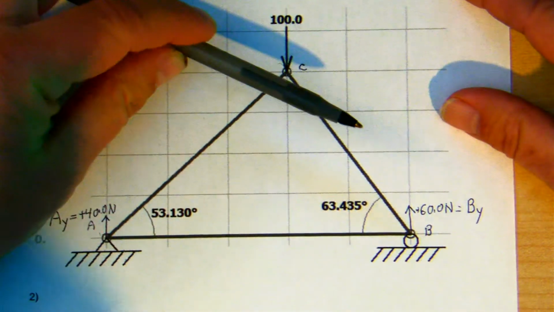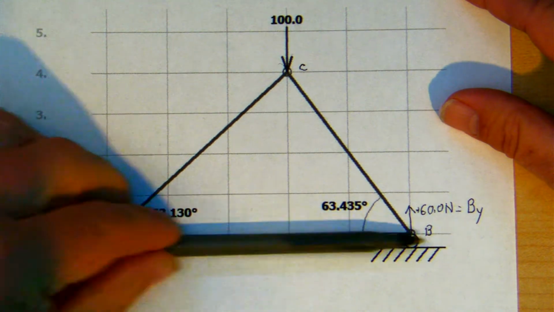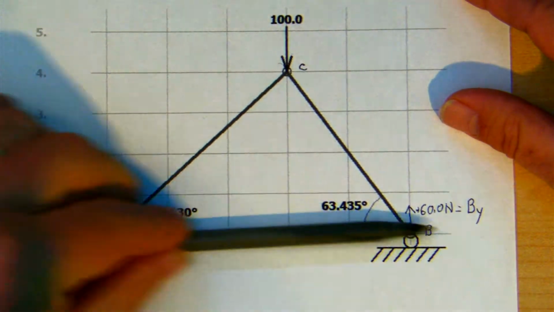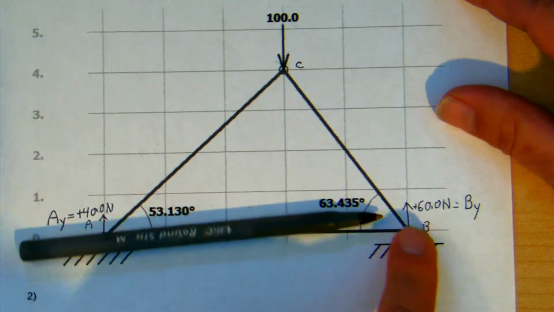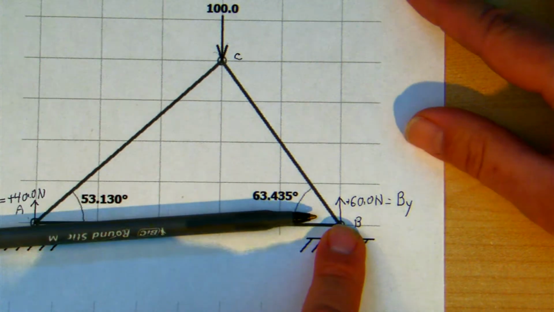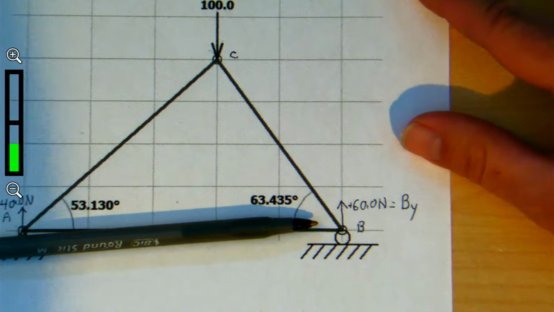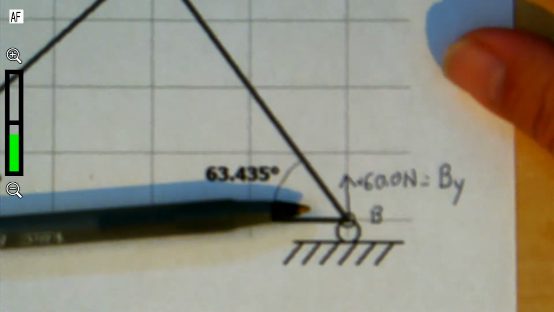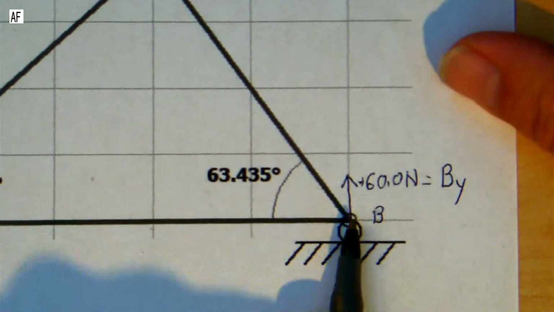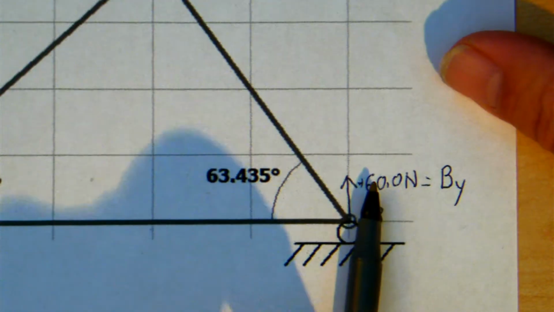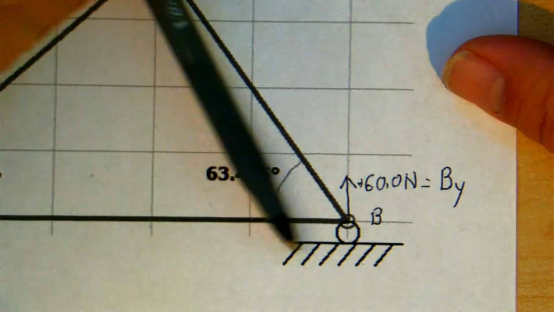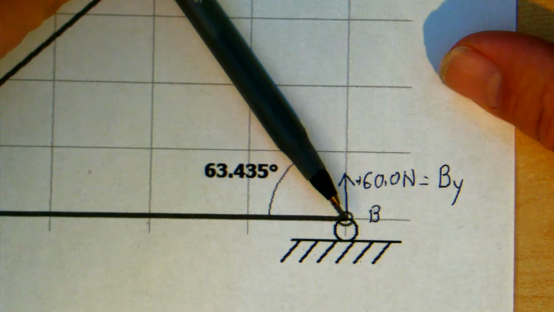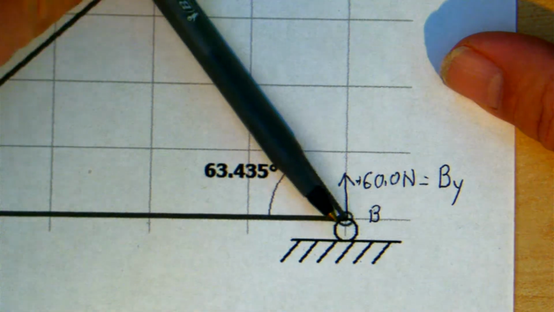On the right-hand side, I have a horizontal pull or push from A to B that can do nothing to cancel the upward force at B, the reaction force at B, the ground pushing upward with 60 newtons. The only thing that can cancel that is member BC, which must be pushing downward with 60 newtons